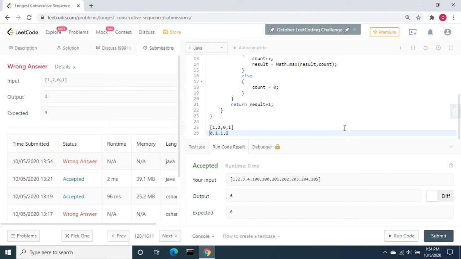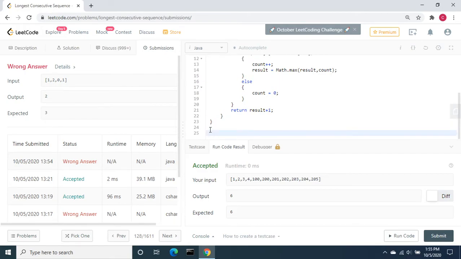If we compare these, the duplicates need to be excluded. So the output shows 2, but expected is 3.